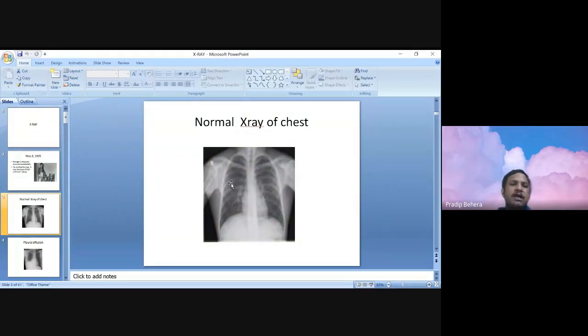Suppose if you say the right middle zone is affected, that means the right side middle lobe is affected. Normally, as you know, on the right side we have the right upper lobe, middle lobe, and lower lobe. So lower zone means lower lobe is affected, upper zone means upper lobe, and middle zone means middle lobe. Also, many times we can see the fissure; the minor fissure can be prominent. This occurs in pneumonia and other conditions. So this comes next after the pulmonary parenchyma description.